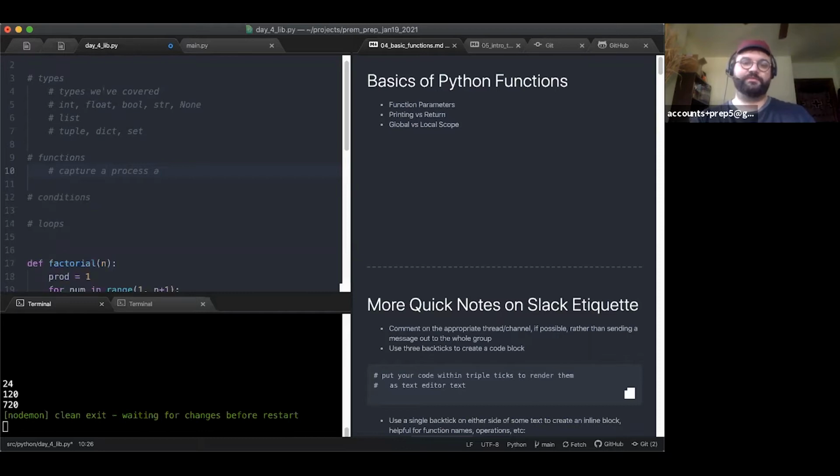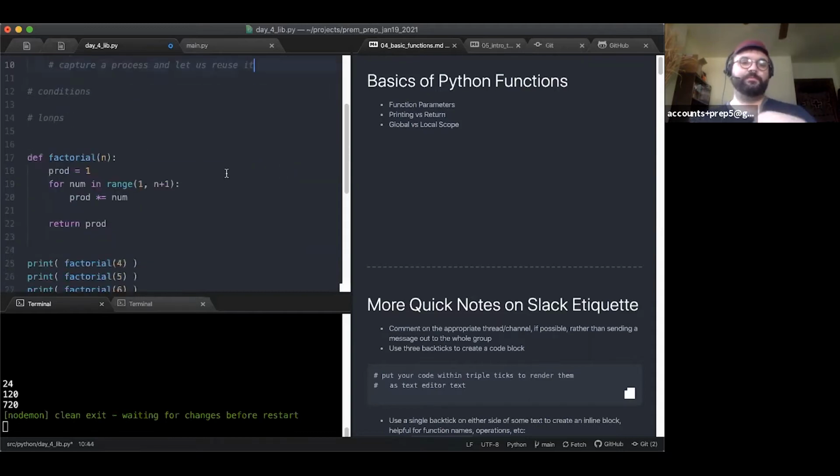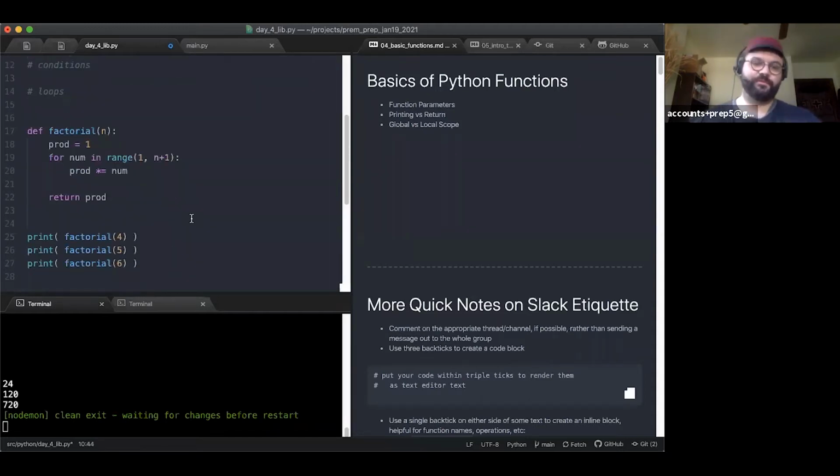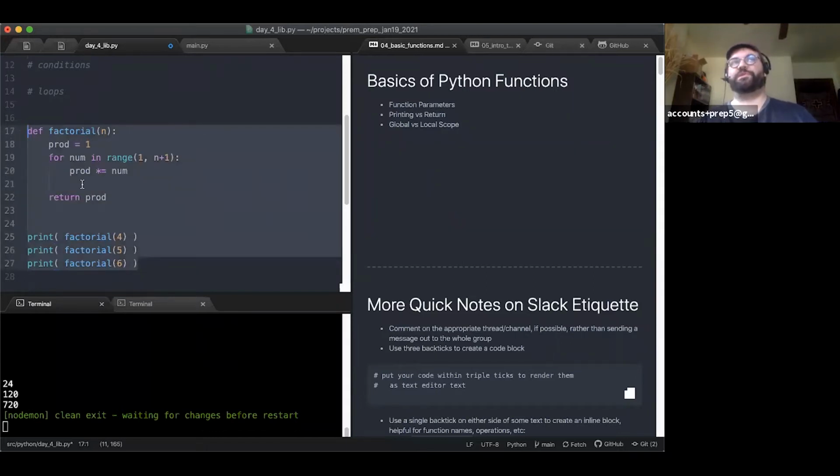and let us reuse it. So to give you an idea of the role they play, basically from here on out, we're going to be doing all our coding inside of functions and then calling those functions. So something I want you to take note of is that we have two phases to this. We have the phase where we define what the process is, and we have the phase where we invoke the